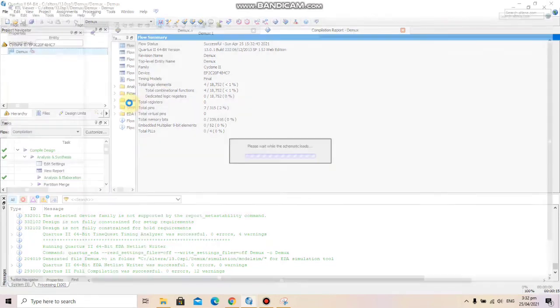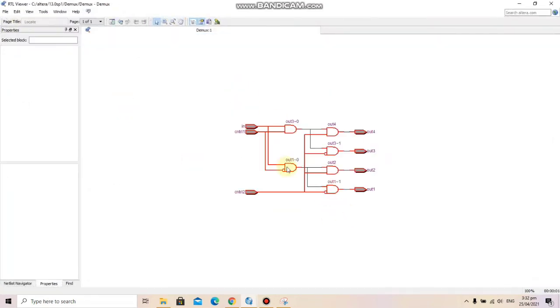Located in RTL view, and here we can see that 4 outputs are here. First output has an input which is this AND gate, the combination of input and control 1. Sorry, this is output 4. So we know output 4 was control 1, control 2 and in. So in and control 1 are being supplied from this wire towards the AND gate input, and control 2 we can see from this wire here, and we had output 4.